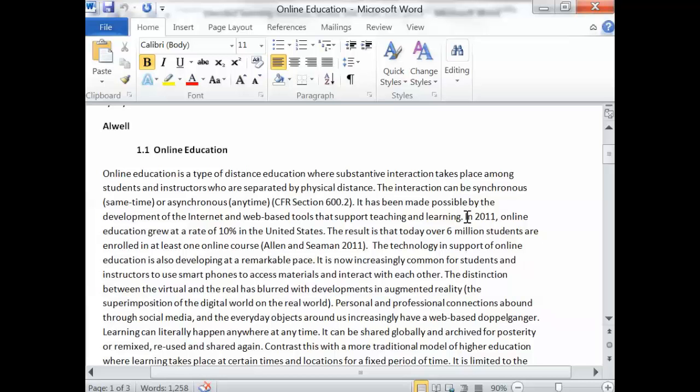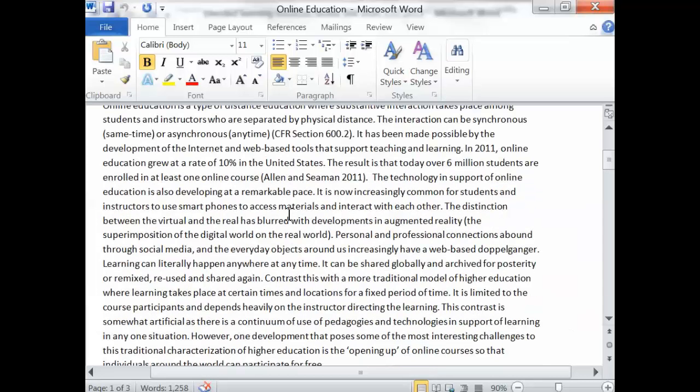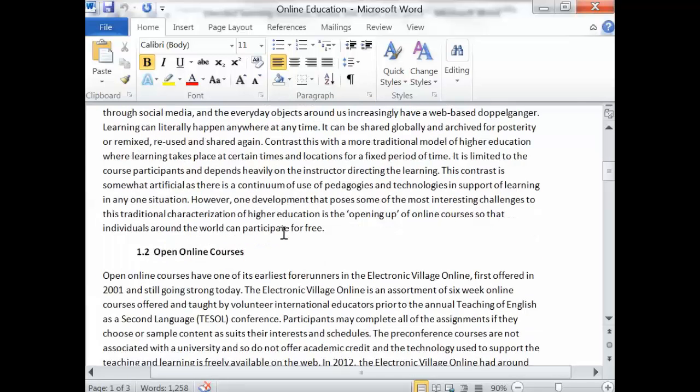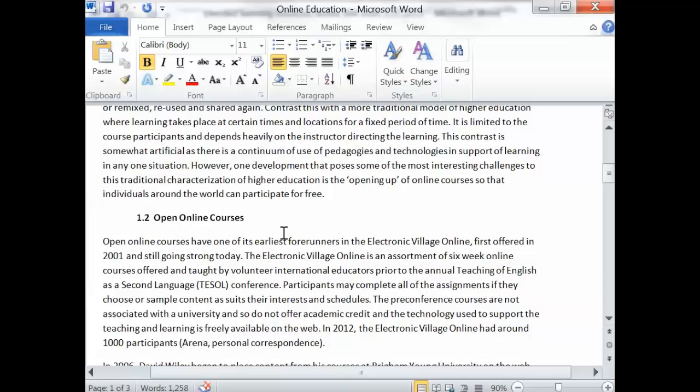The fact that online education grew at a rate of 10% in the US, and regular face-to-face education grew at about 2% in comparison to that. Technology is developing rapidly. What this means in terms of people's lives is quite substantial, and in terms of their ability to connect with individuals around the world and experts in the field is quite profound. So that was my introductory aspect to the introduction, and then I define open online courses,